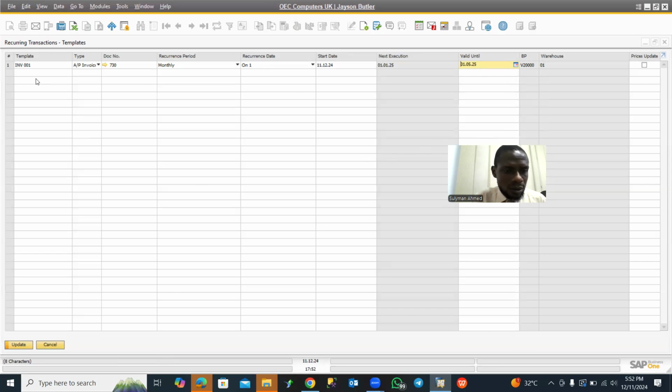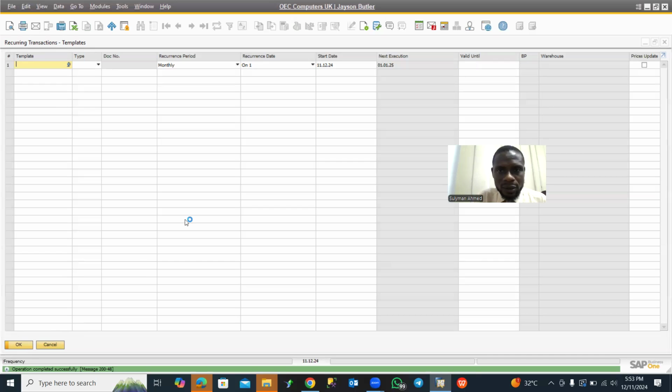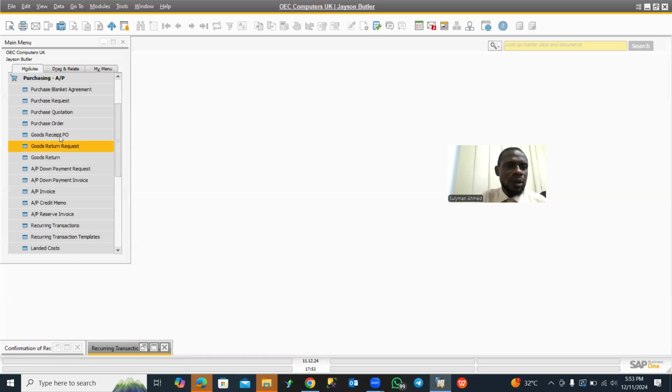Okay, the template code must be unique. I think there is an existing one. Okay, let's say two. So now we click on update. Yeah, the document is updated now. So the next thing is, when it's time for this document to be created, I mean the next execution date,